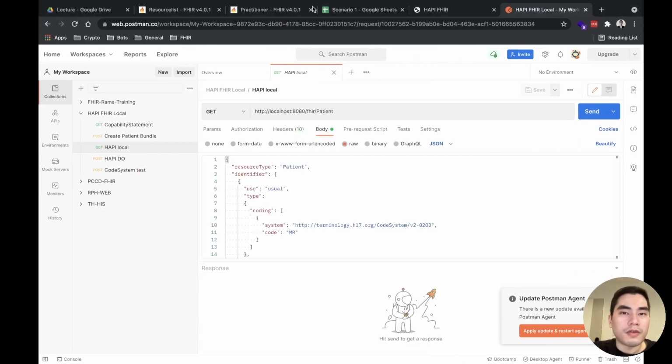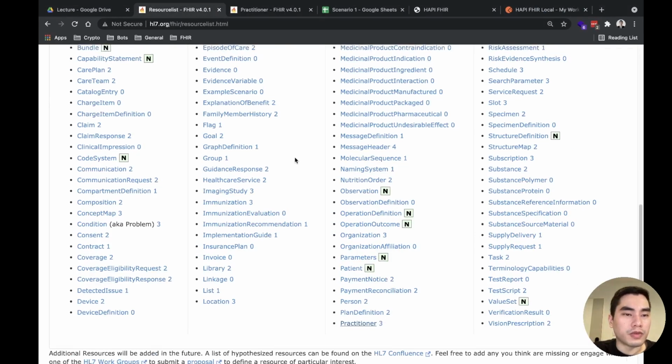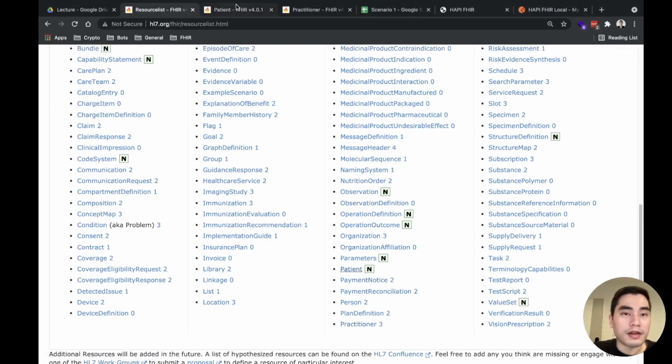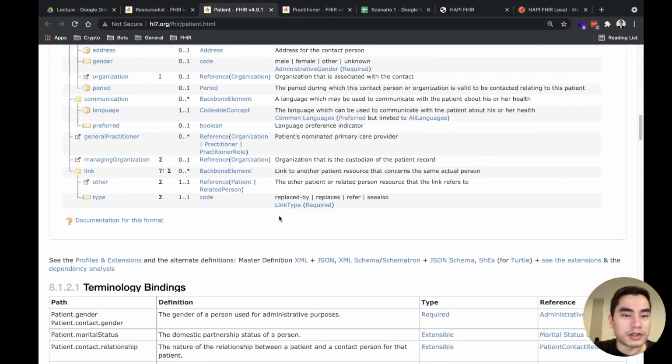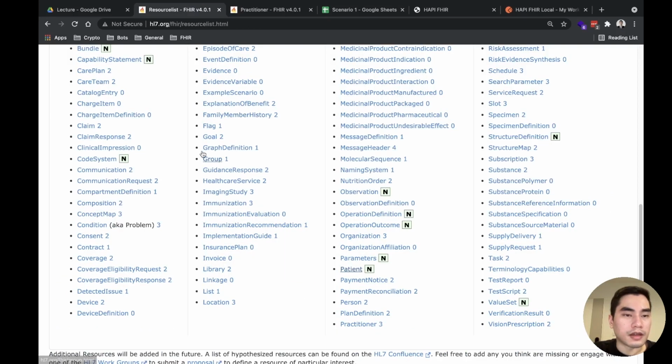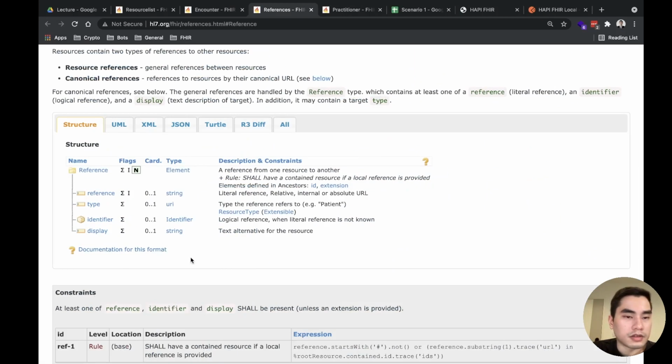When we have to reference some other resource, like in the encounter, this is inside the reference data type. There are mainly two ways to reference a resource. One is literal reference, and another one is logical reference.